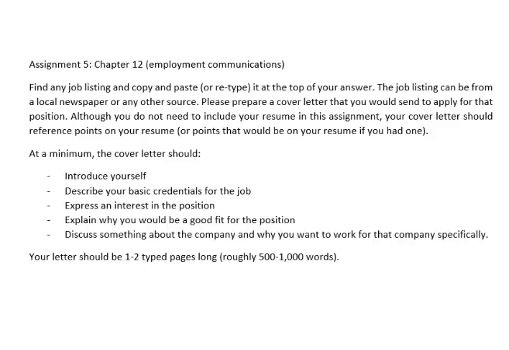I enjoy being a team player, and this is a large firm. I have experience that's specifically unique to this position based on XYZ. I have a passion for the kind of work you are doing. Discuss something about the company and why you want to work for that company specifically. If you can do some research and find out real facts about that company that allows you to do this in a realistic manner, that's fantastic. If you can't and you need to make something up, it's not the end of the world, that's fine also. But again, I think you'll gain the most from this assignment if you're as realistic as possible.